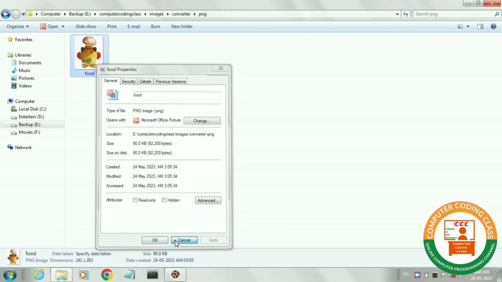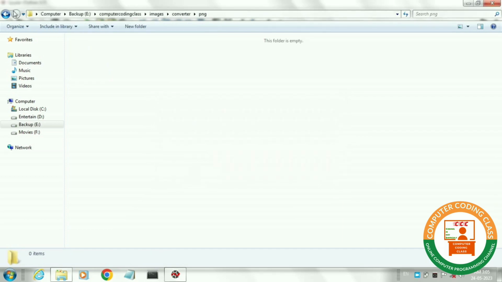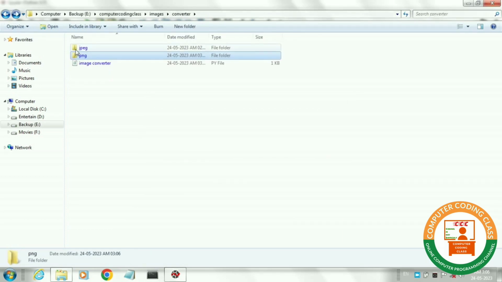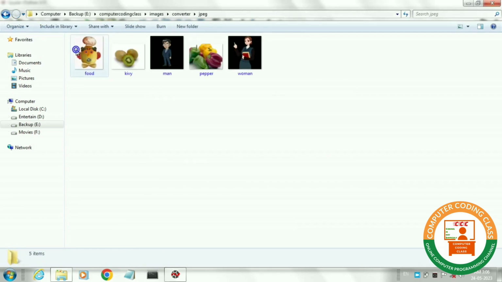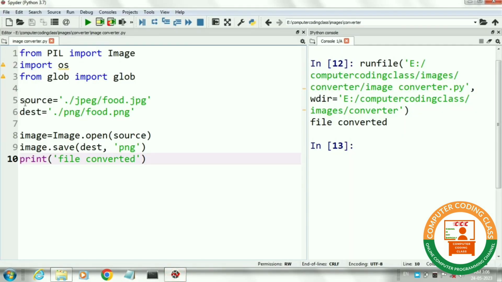Next we will learn how to convert multiple images stored in a folder to another format using Python. Here I will use three packages. First one is PIL, second one is OS, and third one is glob.